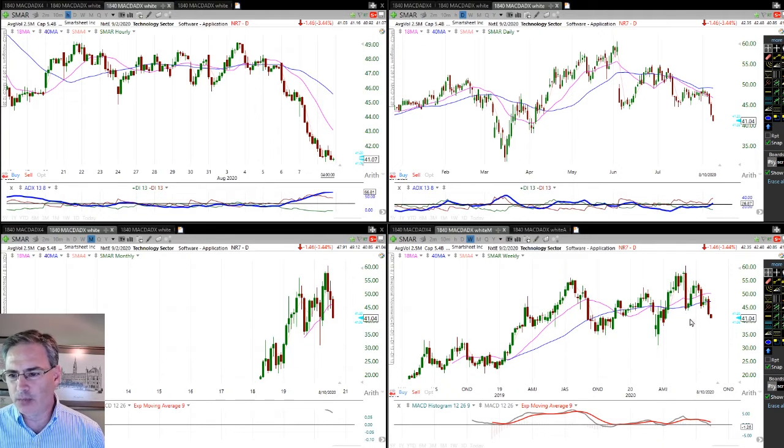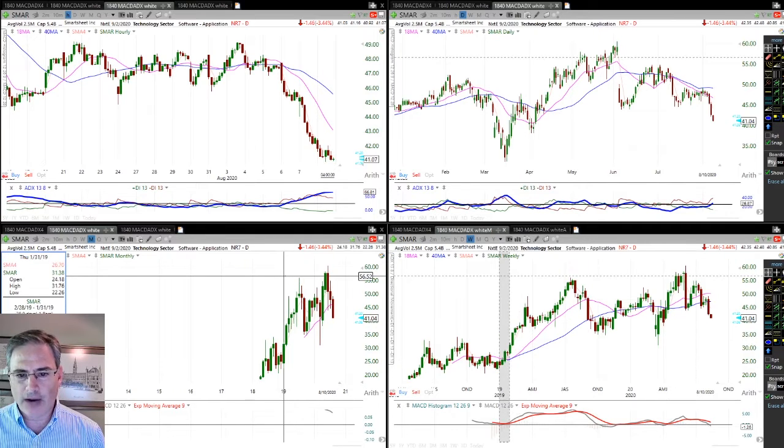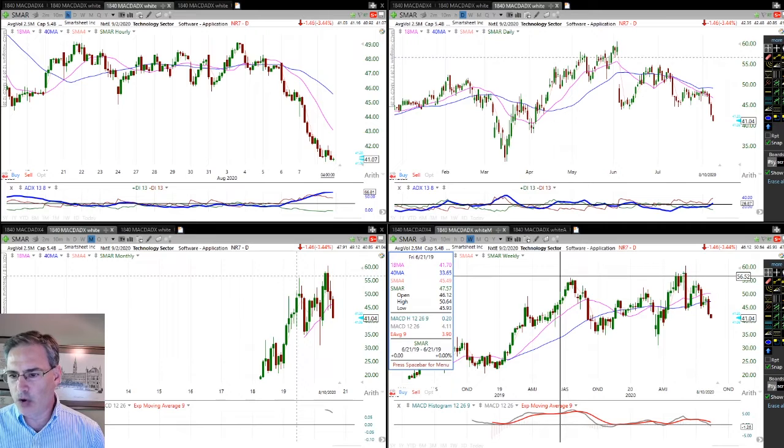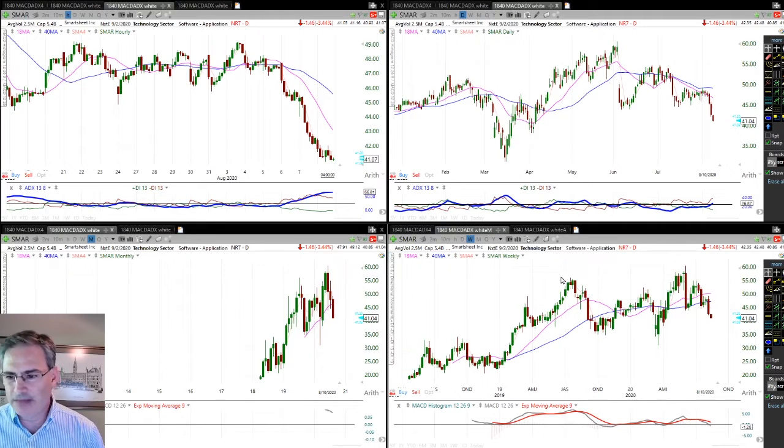SMAR, just a little bit too much damage on this pullback. Again, you had a failed new high after it got overbought on the monthly chart and the weekly chart. You can see you made a move from, say, 30 up to almost 60. And again, it was overbought on the breakout. So this is the other thing I want you to remember from this video, is that if you break out from an overbought condition, there's risk in that. You don't really want to be buying breakouts after a stock has made a pretty decent